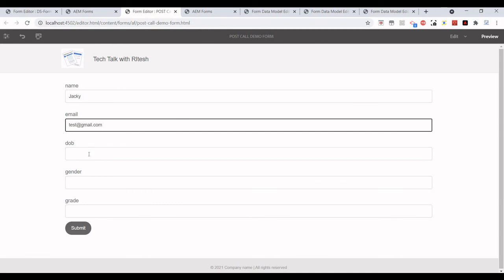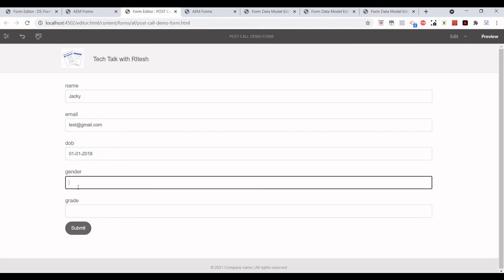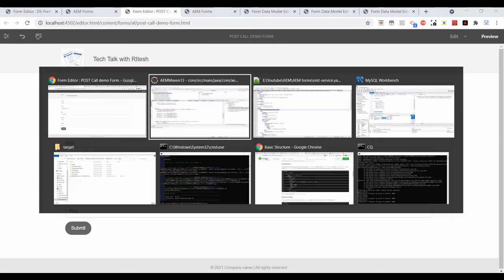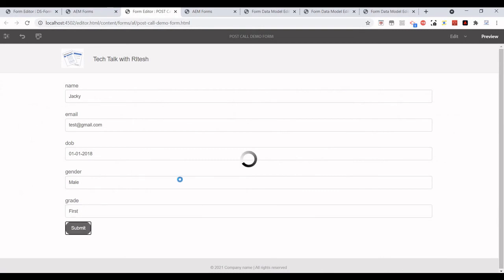For date of birth I could have used the date picker, but that's fine. This is just for the demo. The debugger is on, and let's submit it.